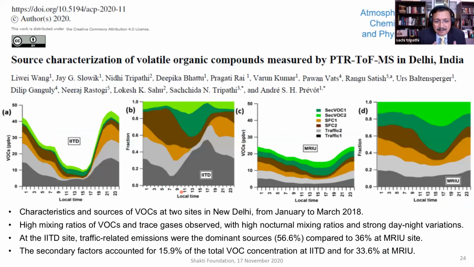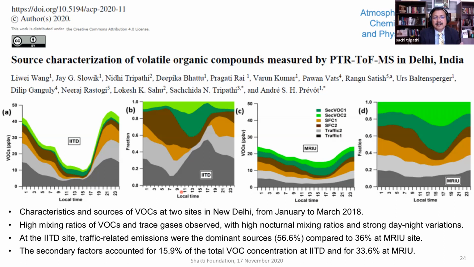So far, I have discussed mostly the particulate matter. Now I'm briefly touching on how we do the source apportionment of volatile organic compounds. Volatile organic compounds, we know, are very important to understand for their sources, and they also contribute significantly to the formation of secondary organic aerosol. So this source apportionment can again be done by sampling volatile organic compounds using PTRMS, which is a different kind